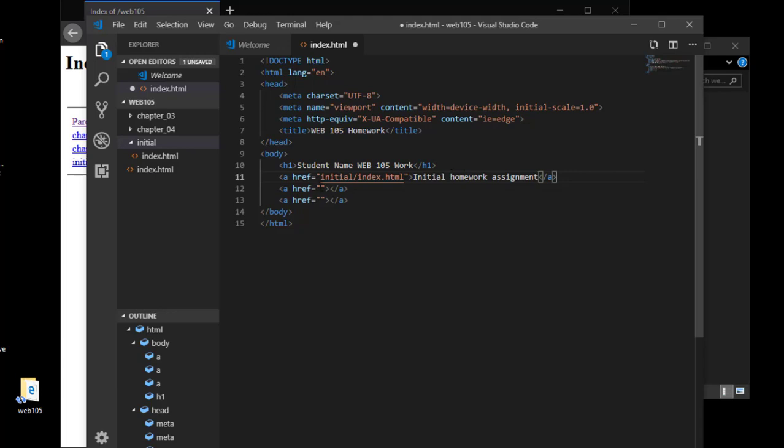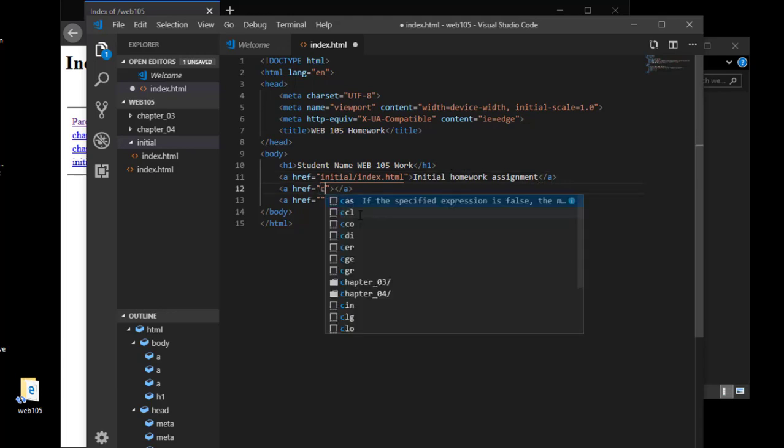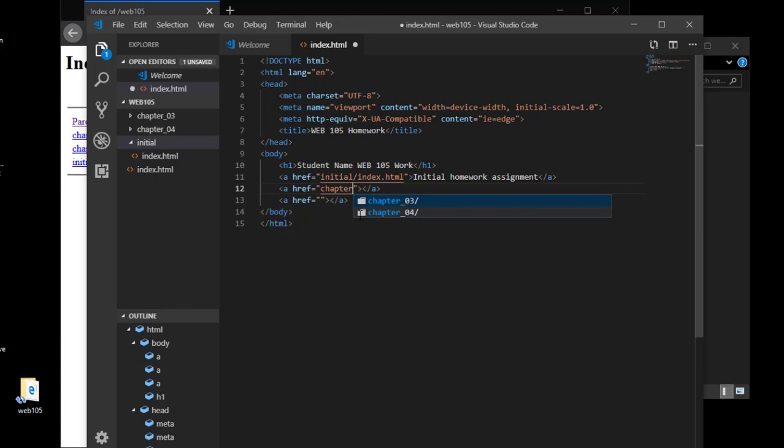That'll be the link, and then the next one here will be to chapter 3, and I can actually click here and I can find the page, and I can do chapter 3, and then I can start with chapter 4, and I want to put in the link here is chapter 4, and you'll notice these are linking into my lower levels. So now I can save this,